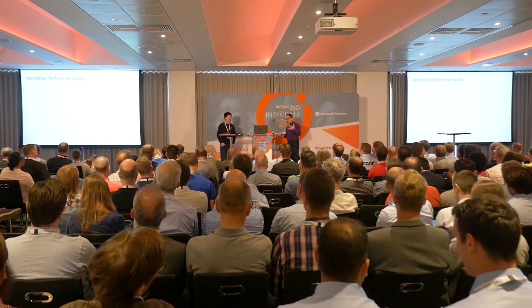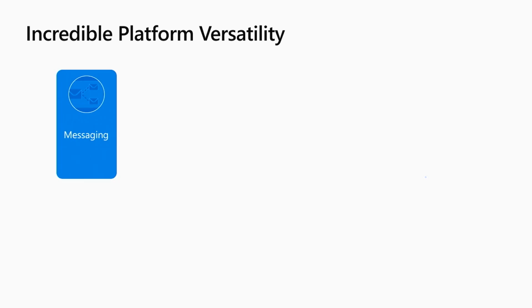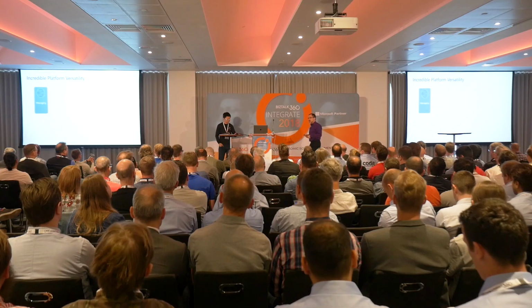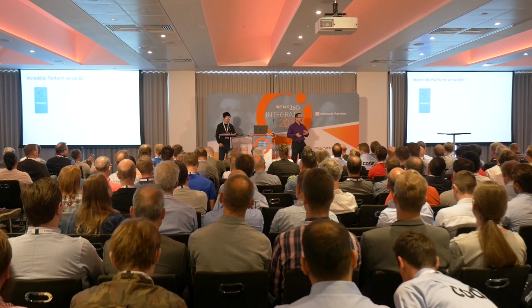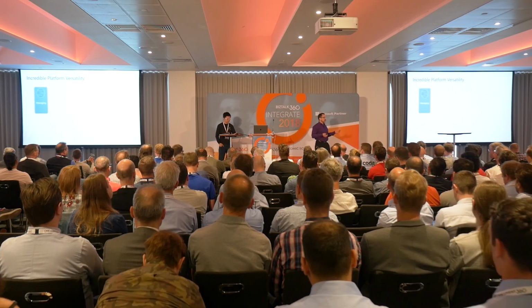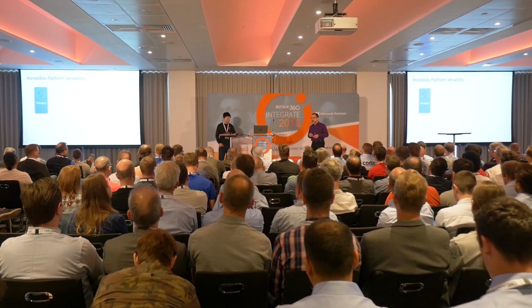So Logic Apps really provides this great platform versatility. Right? So what are types of things that people are doing with it? So we have connectors for different messaging systems. So for Service Bus, you get to do queues and topics for asynchronous messaging and pub sub. We have Event Grid being able to do event-based processing across Azure and custom topics. We have Event Hubs and IoT so that as information's coming off of devices, right? You saw the demo with the Raspberry Pi. As that information is coming in off of the cloud, you get to consume all that through our messaging platform.